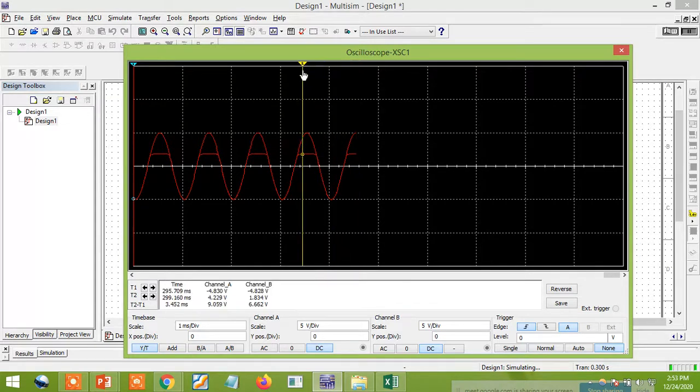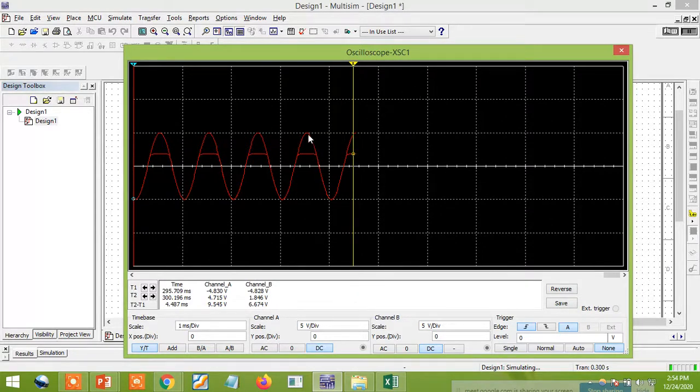You can see that the value here is 2 volts, meaning 1.8 volts something. Next it will come to the negative peak, the negative value here. You can see the bubble. So minus 4.95 negative voltage. And next here it will come to positive voltage. I'm getting only 1.8 or 1.9 volts.